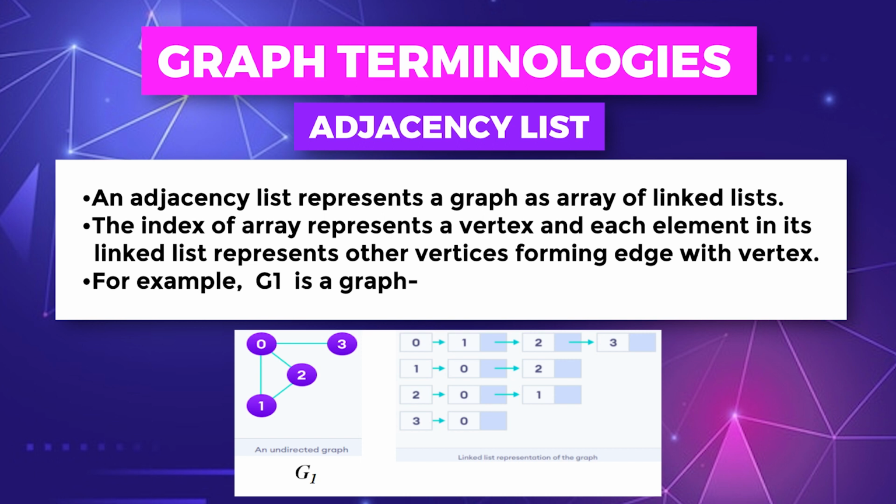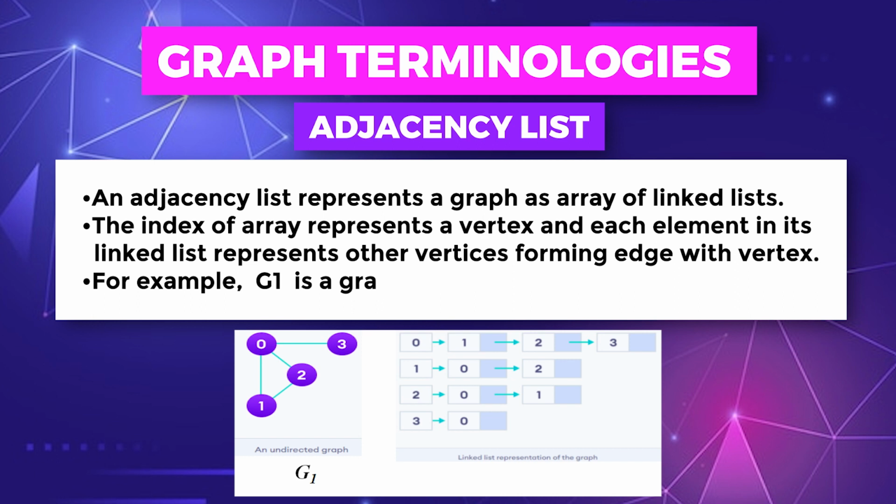For example, in the graph there are 4 vertices 0, 1, 2, 3 and the adjacency list of the vertex 0 has 1, 2 and 3, where 1, 2 and 3 are adjacent nodes of 0. In the adjacency list of 1, the nodes are 0 and 2. The adjacency list of 2 will have the nodes 0 and 1 and the adjacency list of 3 will have 0